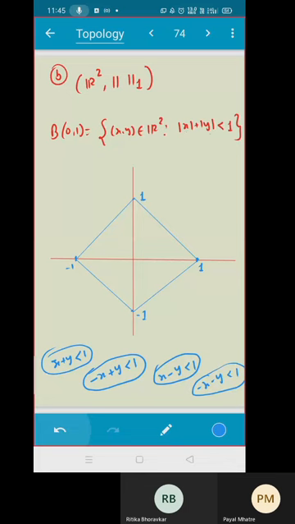And what is the open ball here? What is this open ball B01? What does it contain? It contains all the interior points. Do you observe? It is called open ball, but this is not looking like a ball. Do you agree? But still, it is an open ball. It sometimes looks like a square, but it is again an open ball only for us. So it depends on your metric, how your diagram would be. I hope that is clear to you.